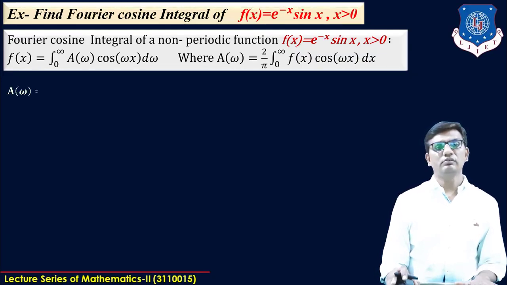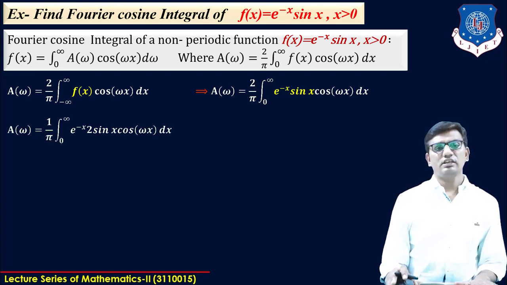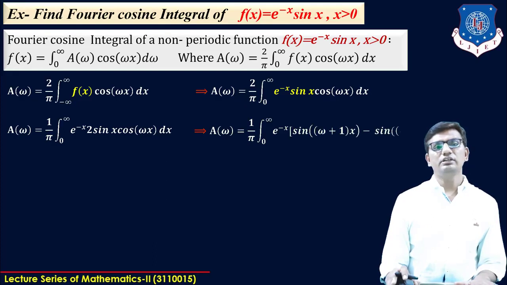Now a(omega) equal to 2 by pi integration 0 to infinity f(x) cos omega x dx, that implies a(omega) equal to 2 by pi integration 0 to infinity e raised to minus x sin x cos omega x dx. Here we are taking the 2 inside the integration, then we get 1 upon pi integration 0 to infinity 2 times e raised to minus x sin x cos omega x. We are applying the formula 2 cos A sin B. Then finally we get a(omega) equal to 1 upon pi integration 0 to infinity e raised to minus x